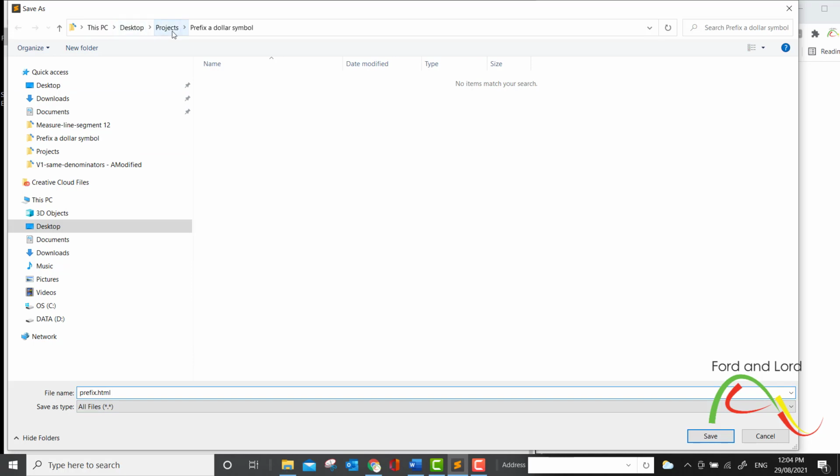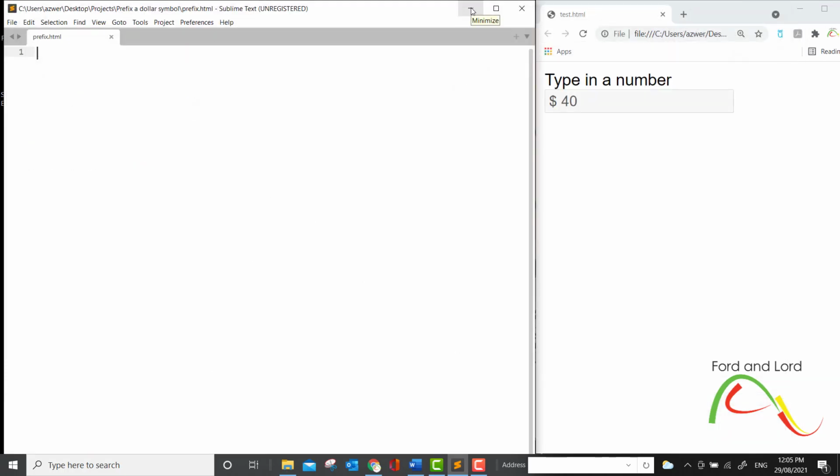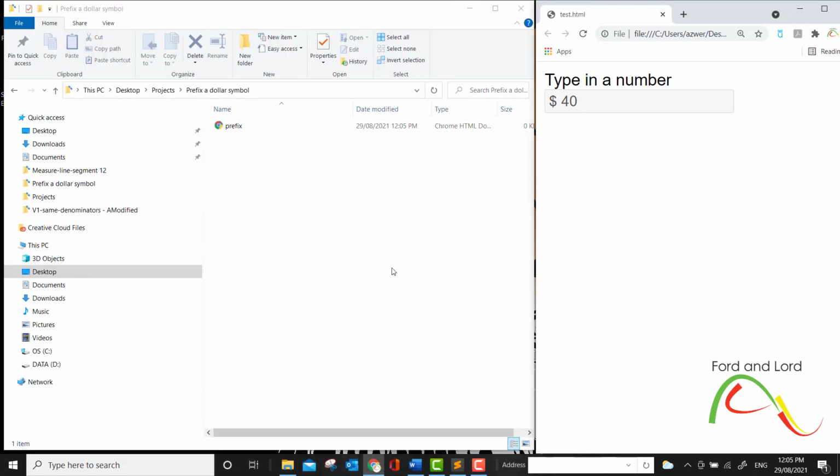We have a folder called projects, and I have created another folder called prefix or dollar symbol. If I save it, I will minimize the text editor, and this is the HTML document that we have just created. If I double click on it, we have a blank HTML document with nothing in it.